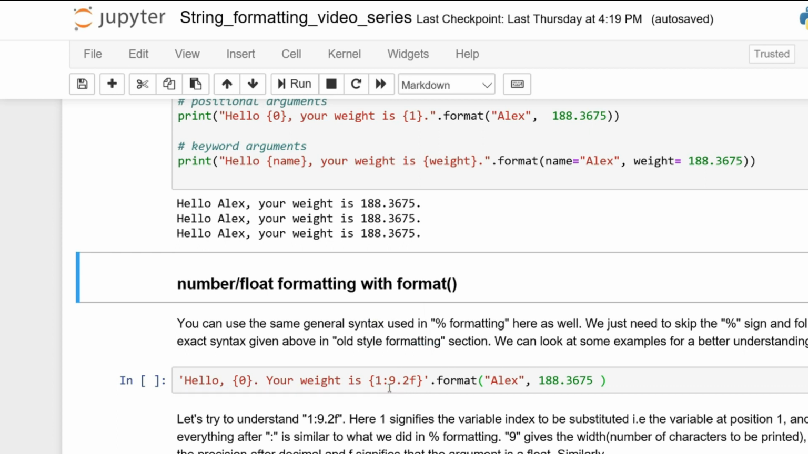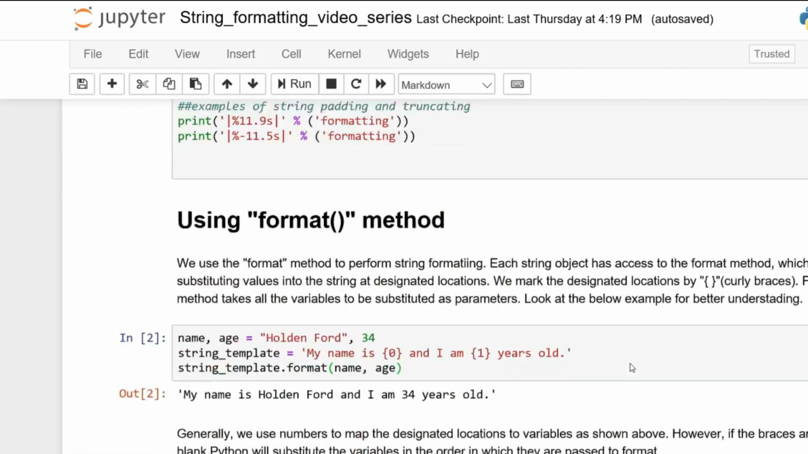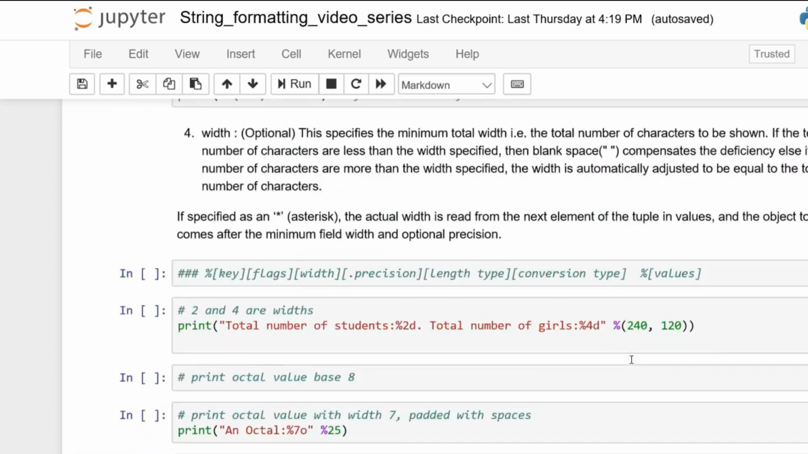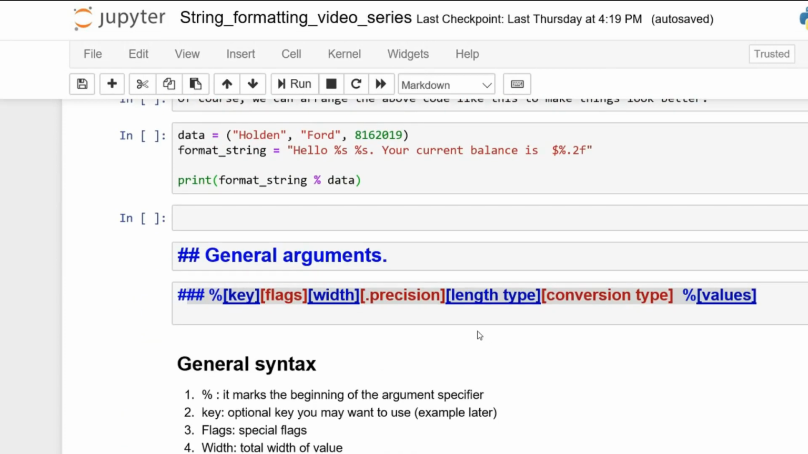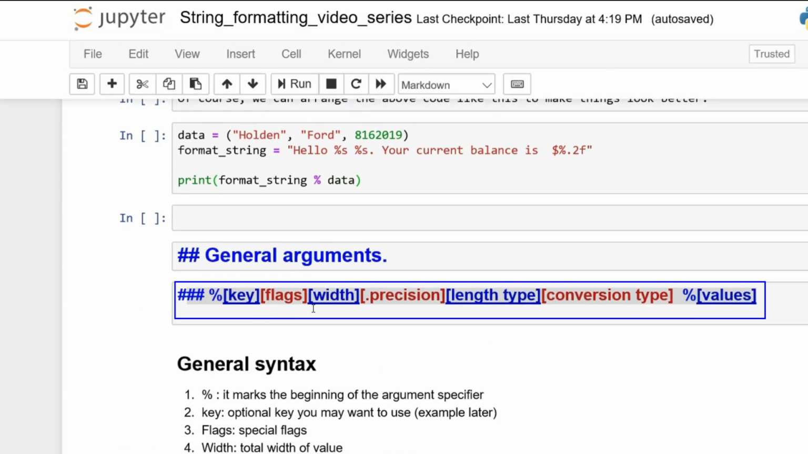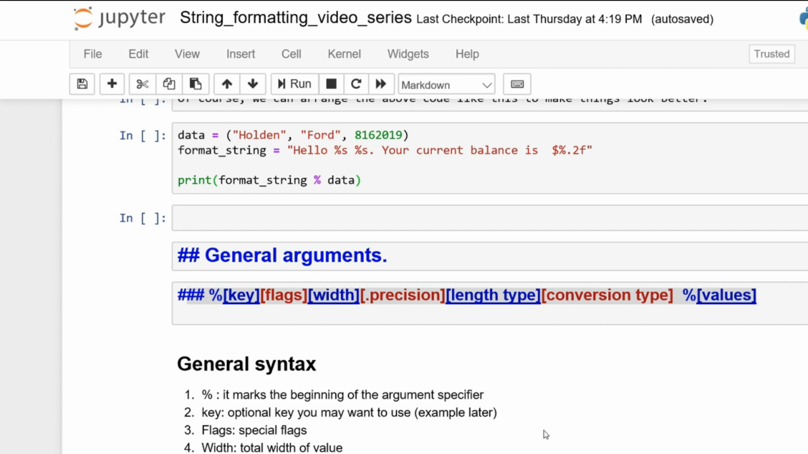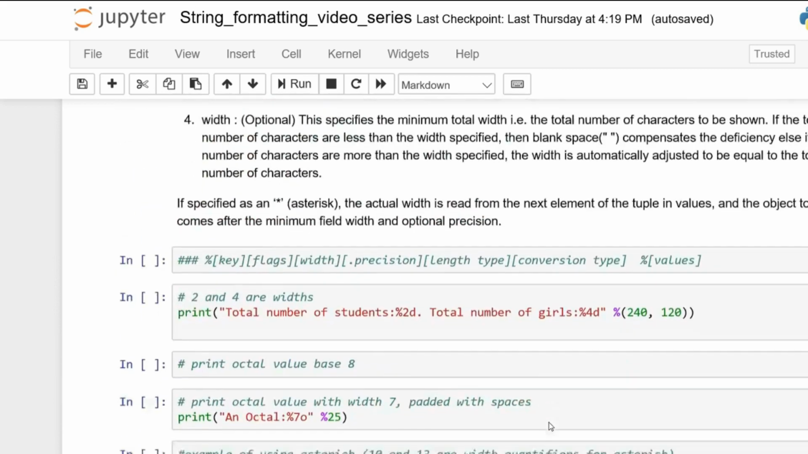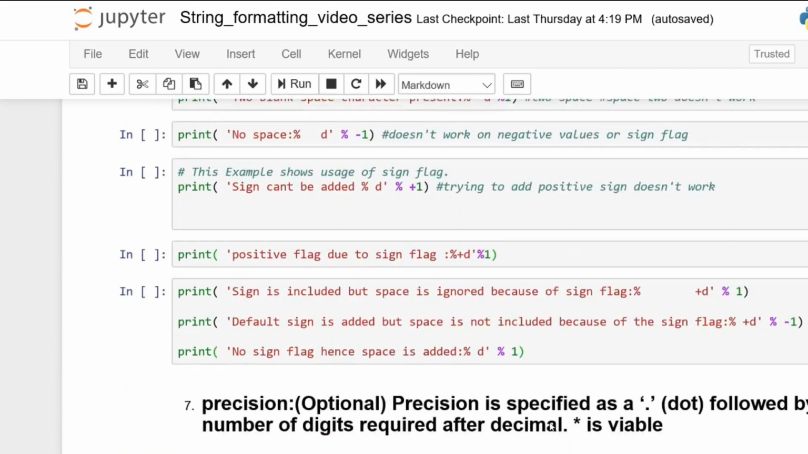So here, if you remember in the earlier video, actually I could just scroll up. So these were some of the arguments. We had width, precision, length type, etc. Key is the optional key you want to use. Flags, remember there was space, plus, and 0. So these were all the arguments you could feed in after the modulo operator. They allowed for more flexibility with formatting. So if we go back down now,